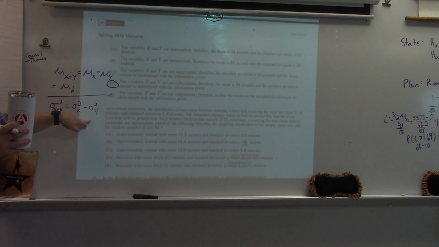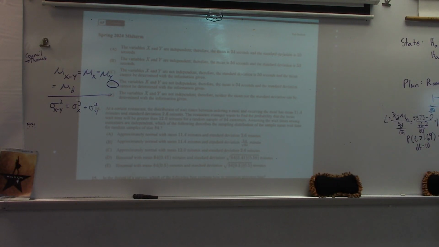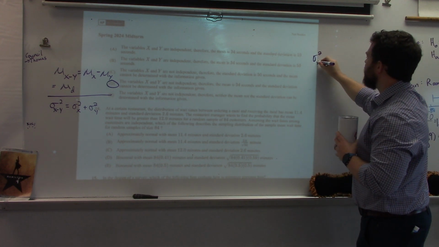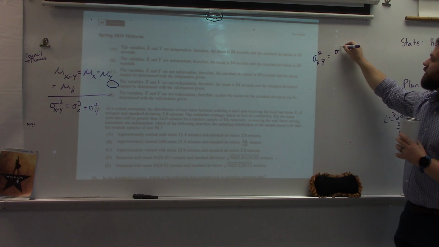So did I mark D on this one? Yeah. That's correct? Okay, so I did do it right. So the mean is 34, but the standard deviation cannot be determined because they're not independent. Okay? So the mean can be calculated, but the standard deviation cannot. So this formula, the way I'm pointing, I used that and I still got the right answer. Yeah, no. So what you're thinking about is if I'm looking at means, right? If I'm looking at the sampling distribution.